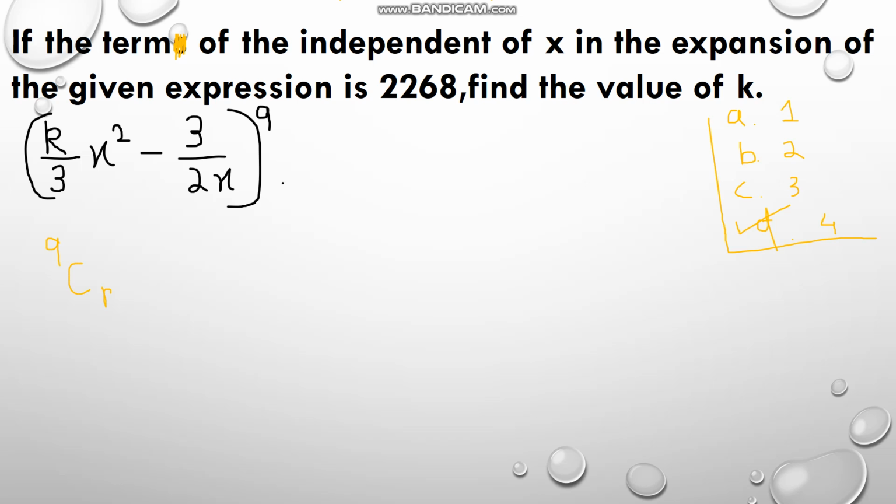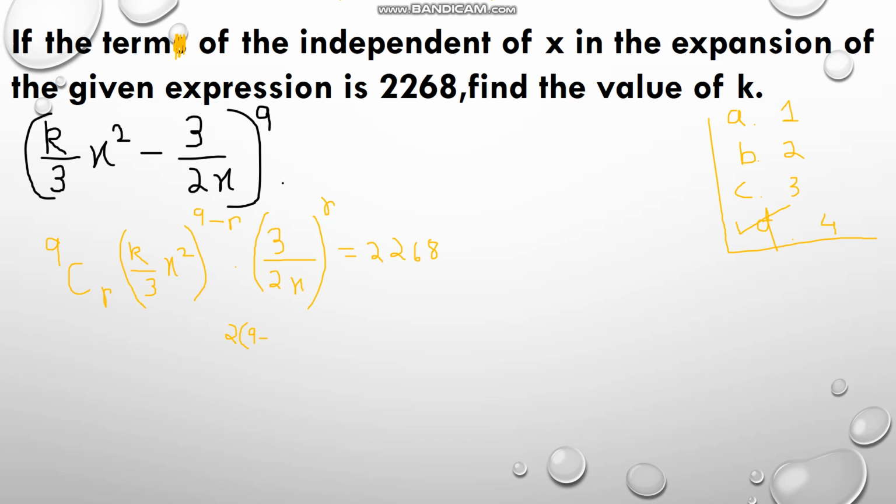9CR, then (k by 3x square) whole to the power 9 minus r, into (3 by 2x), another 3 by 2x term like the previous one, whole to the power r, and this is given as 2268. First of all, we will find the value of r from here, which is 2